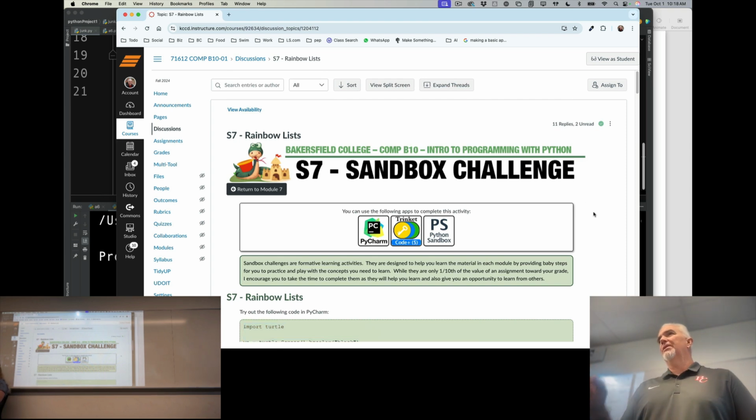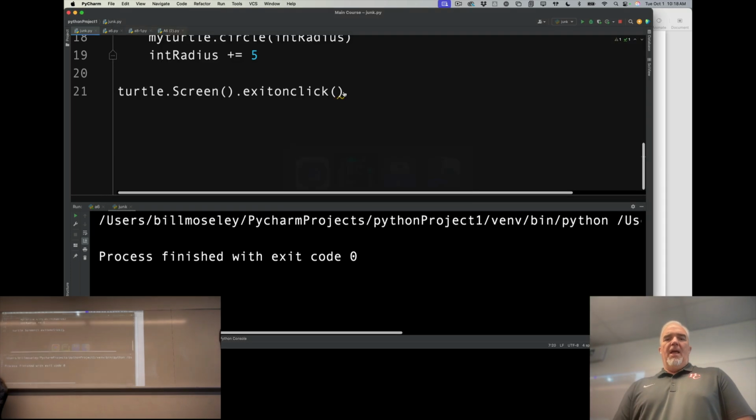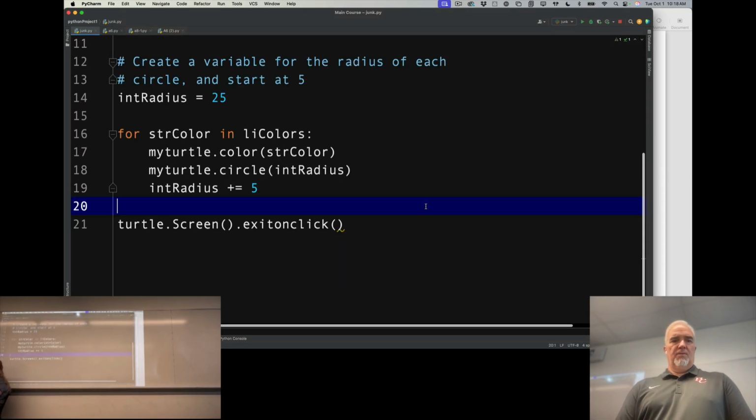So that's the sandbox challenge. Very simple, easy credit, but worth playing around with for just a minute to make sure you understand how lists work and so forth. So